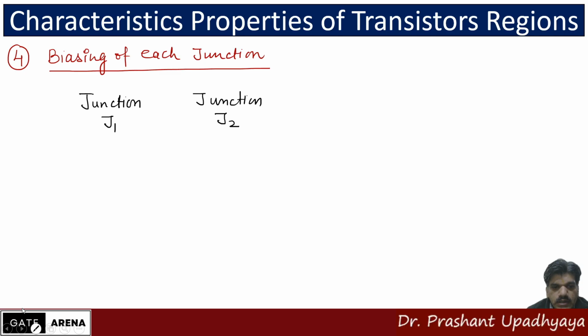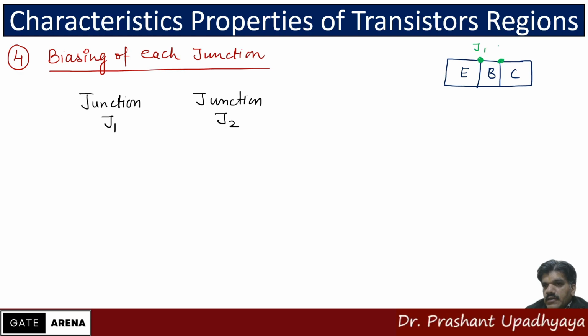Okay, just for the sake of understanding, I'm drawing the transistor again. I'm writing here the emitter, base and collector, and I'm labeling the junction J1 and the junction J2. Now we can see that it depends upon how we are connecting these junctions,